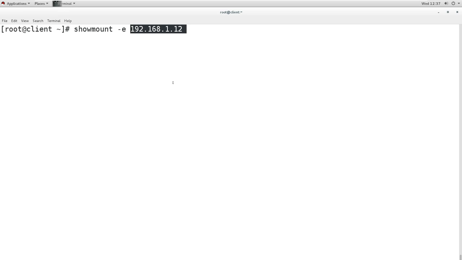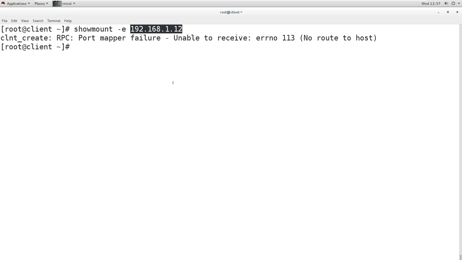from this server. So when you give this command, now we are getting an error and it is saying no route to host. Now when you get this no route to host, that means the firewall is not allowing. So remember, we forgot to enable the NFS service from the firewall. So we have to enable it from the firewall first. So let's enable the firewall first.